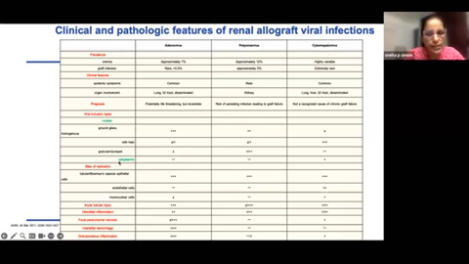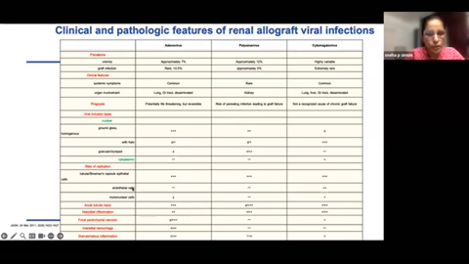Viral inclusions: nuclear and cytoplasmic inclusions are there. Nuclear inclusions can be seen in all the viruses. Ground glass homogeneous is characteristic more for adenovirus, and the halo is more for cytomegalovirus, that owl-eye appearance we see in CMV, and granular clumped appearance for polyoma virus. Cytoplasmic inclusions are rare with adeno and polyoma, but can be seen with cytomegalovirus.